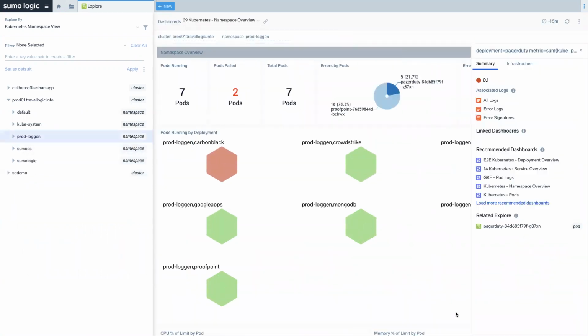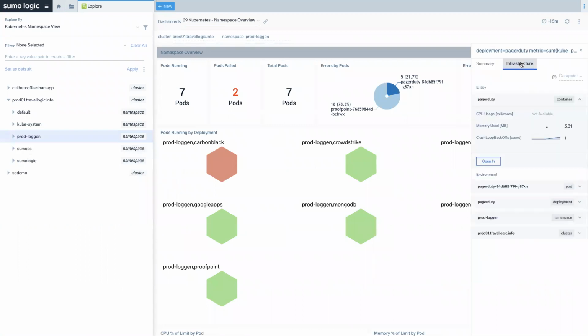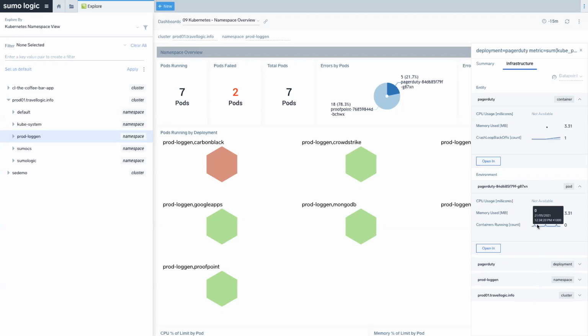I'll jump back up, and rather than go down to the pod level dashboards, I can actually pivot over here. Briefly I'll introduce you to our Entity Explorer. This is a useful way that we can pivot through related things based on a particular entity I've clicked on. So I've clicked on this related to PagerDuty. And so that allows me, say, if I wanted to look at the entire deployment, or if I wanted to look at something for the namespace, I could do that as well.